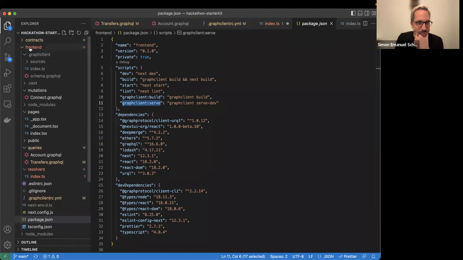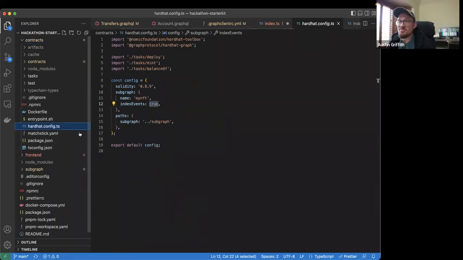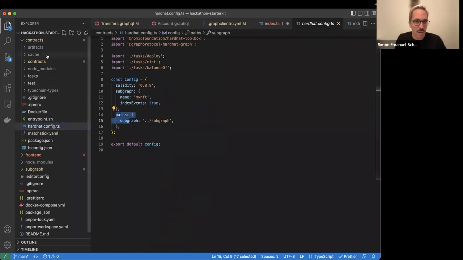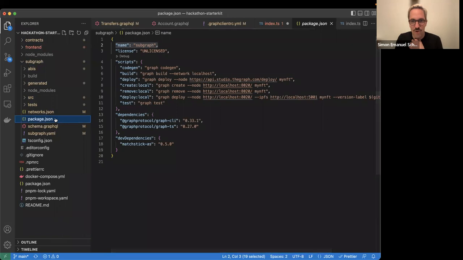So for the contracts, it's Hardhat. So what you would do is deploy them. You go in here and you add the chains that you want to deploy to. So that's the easy part. The subgraph is also quite straightforward. I could just now go to